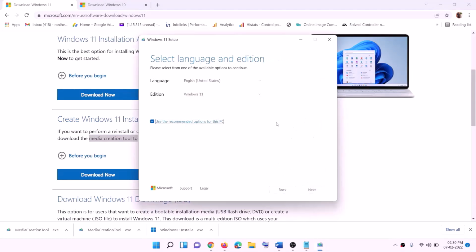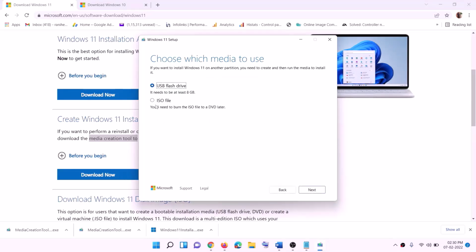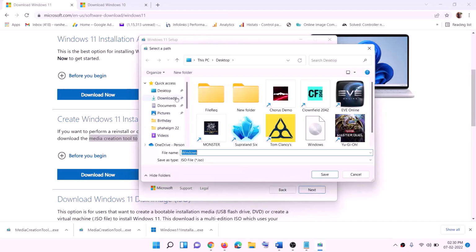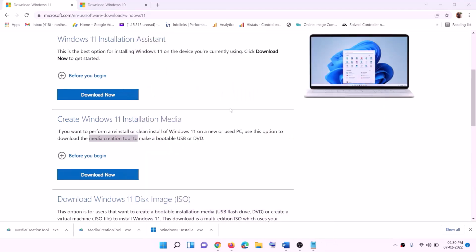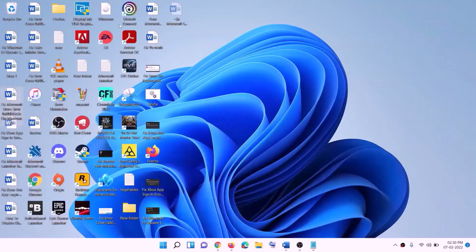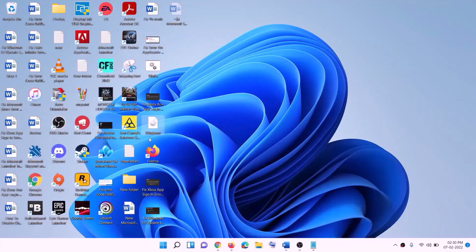Now click on accept. By default Windows 11 would be selected. Click on next. Select ISO file, then click on next. You can save the location. You can set the location as desktop, and then click on save over here. Now once the download is complete, click on finish and then go to desktop, find the Windows ISO file,